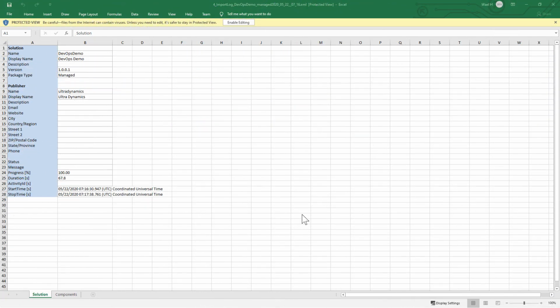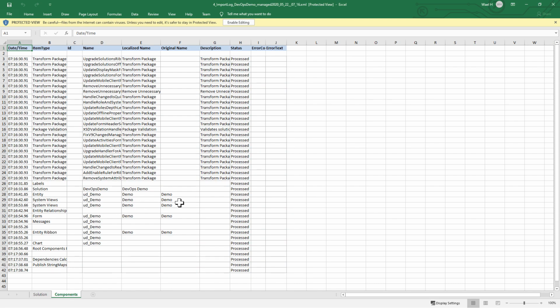Once you download the logs, you can find the XML file, and you can open the XML file in Excel, and you'll be able to see more information about what happened during the import. This is the same file that you get from the UI basically. So in case you have any issues with the import, or you just want to double check things, you can always download the logs and take a look at the error message, which will help you diagnose the problem and